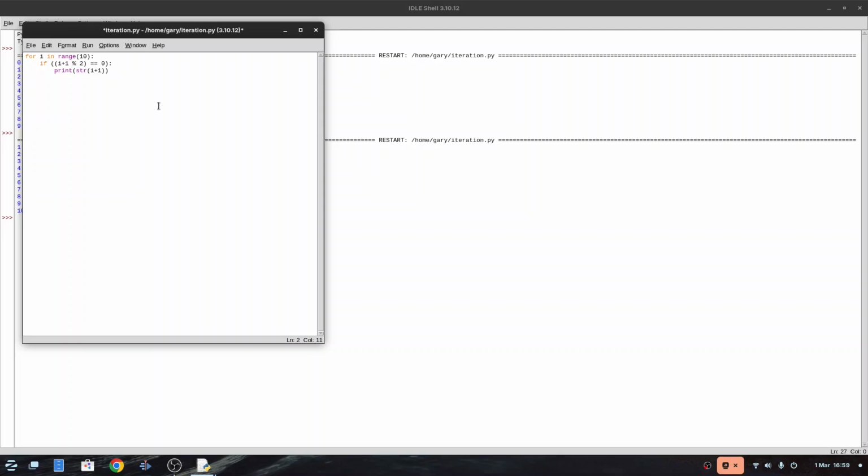So the first time round, when you've got 1, 1 divided by 2 doesn't work, so it's not going to print it. Then it's 2 divided by 2 is 1, but the remainder is 0, and that's important, the remainder. If there's no remainder, it's going to print it. So 3 divided by 2 is actually 1.5, so it's 1 with a remainder of 1. So that's not going to print it because the remainder isn't 0. And 4 divided by 2 is 2, and there's no remainder, so it should print it, and so on. So if we run this code now,